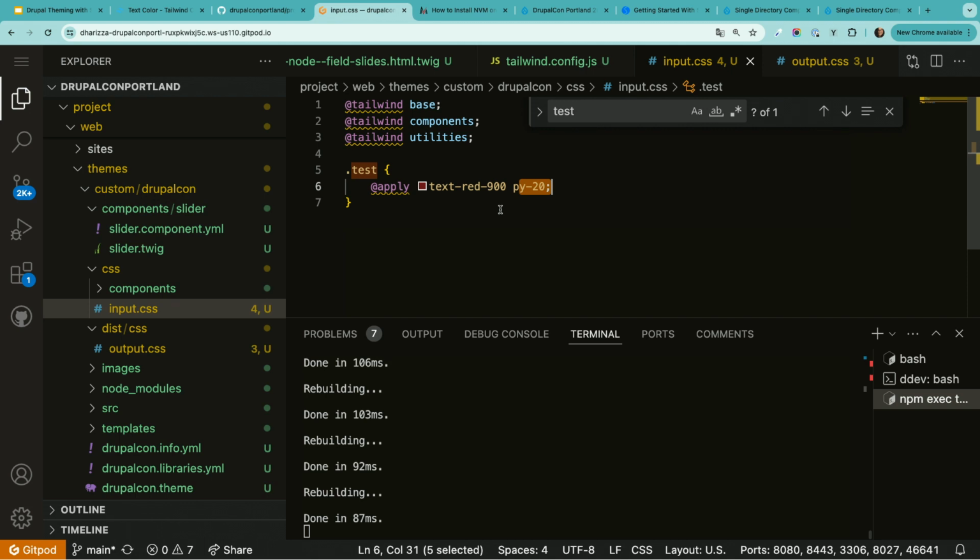test dash I dot slash CSS dash O we save it dot slash CSS CSS